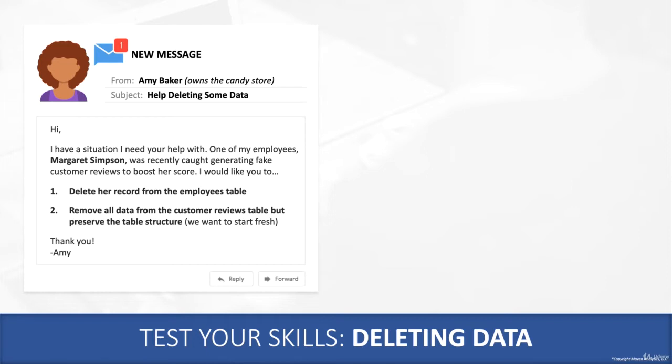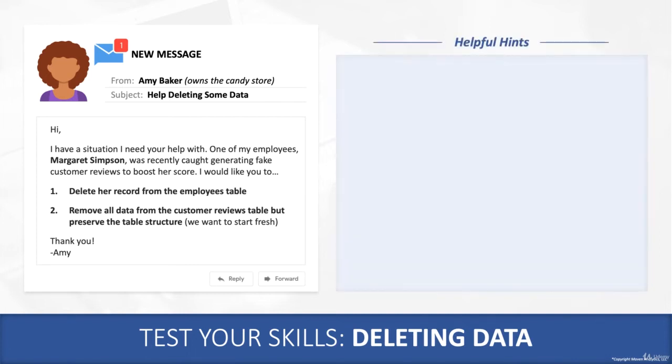She's obviously had to fire Maggie, and in order to get the database back on track, she would like you to delete Margaret Simpson's record from the employees table, as she's no longer working there, and then remove all data from the customer reviews table, but preserve the table structure. She wants to start fresh on that table, so don't delete the entire table, but just empty it of data